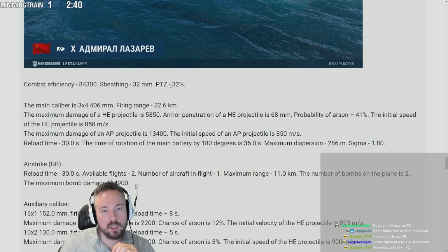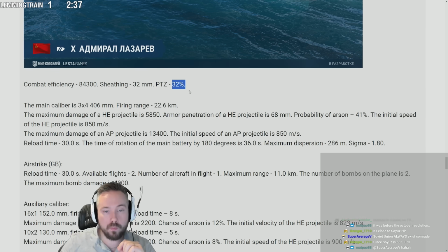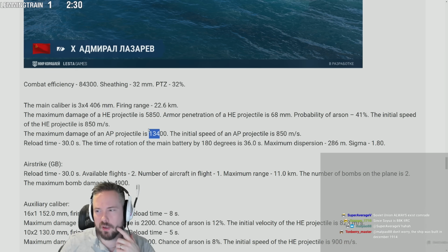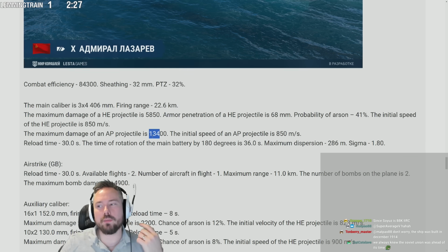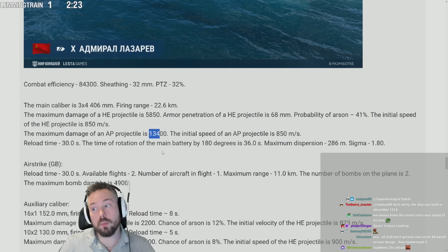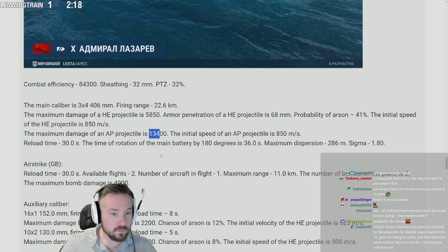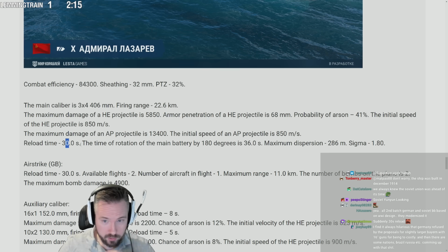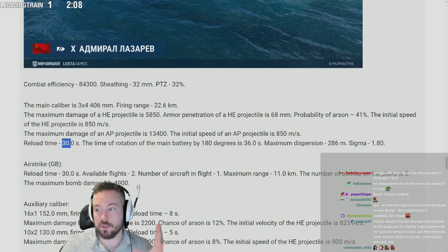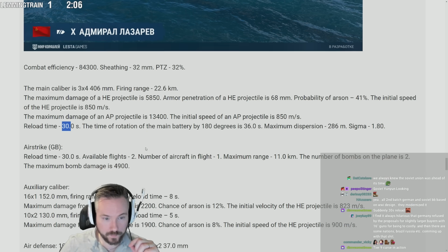22.6. Actually gets a torpedo belt now. 32%. Same AP as you get at tier 8. I wonder if it's gotten any buffs by this time. Because if it's the exact same as you had at tier 8, unless it's like Roma, which I suspect, it might be Roma, because then it's going to have really good pen. That would make sense for a Soviet ship. Reload is now 30 seconds. Okay. Sigma is now 1.8. So we went from 1.6 to 1.8 and from 33 to 30 from tier 9 to tier 10. Makes sense. 11k